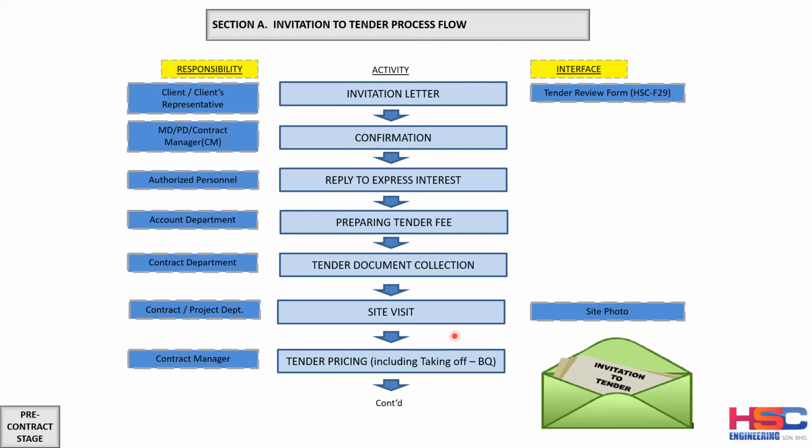Once the site photos have been taken, the contract manager and the contract department will start the process of doing the tender pricing. They will do the taking off of the quantity given in the drawings, and they will do a comparison of the quantity given in the drawing and the quantity given in the bill of quantity in the tender. And after that,